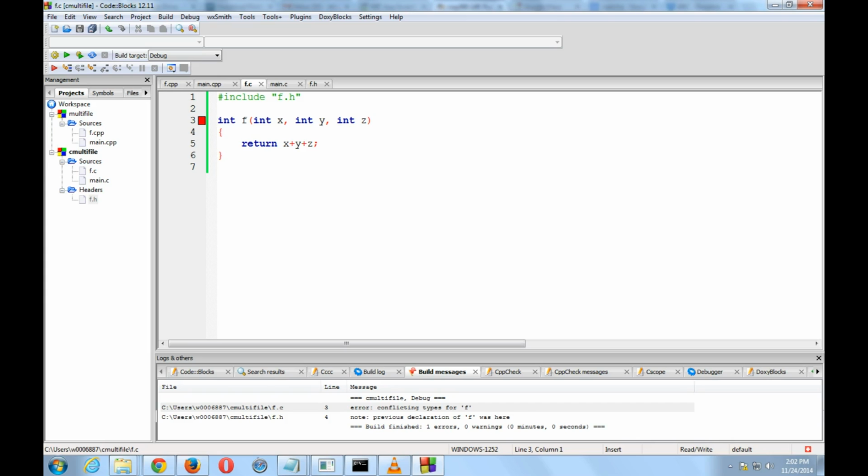As long as the compiler can see both at the same time. They don't have to be in the same file, because technically the prototype is in f.h, it's not in f.c, but because of the pound include, the compiler sees both the prototype and the definition as if they're in the